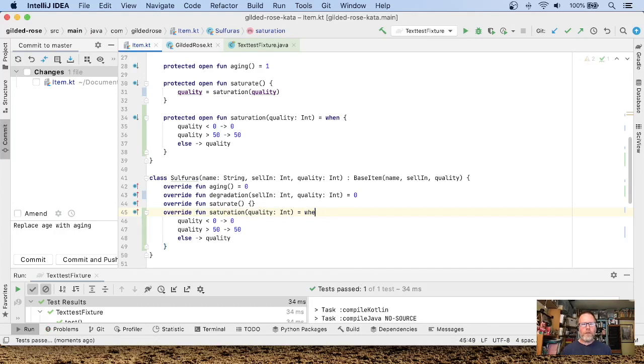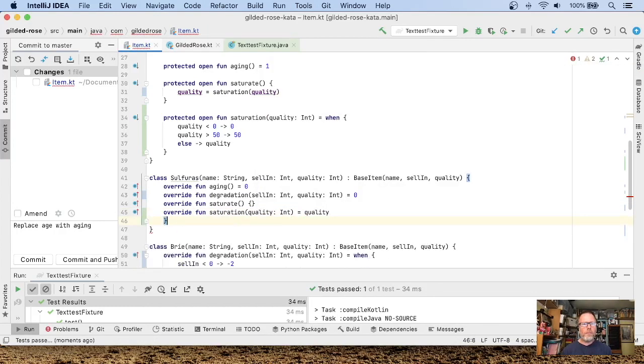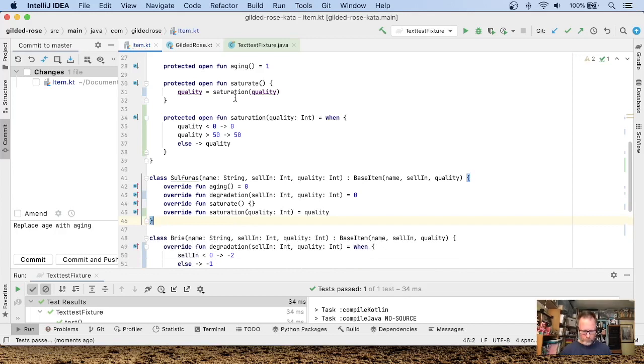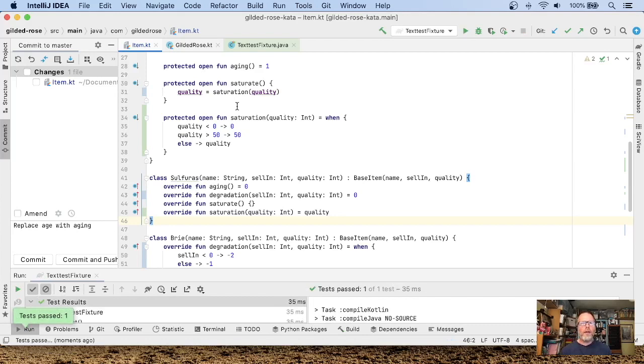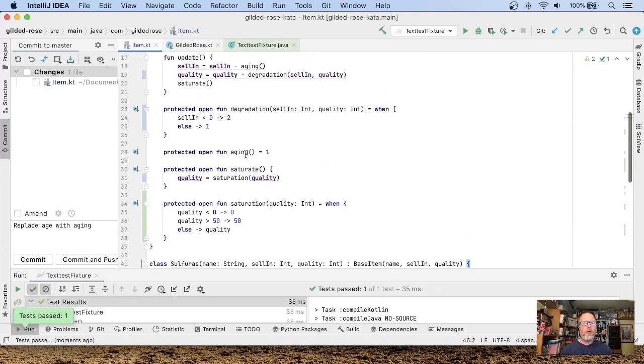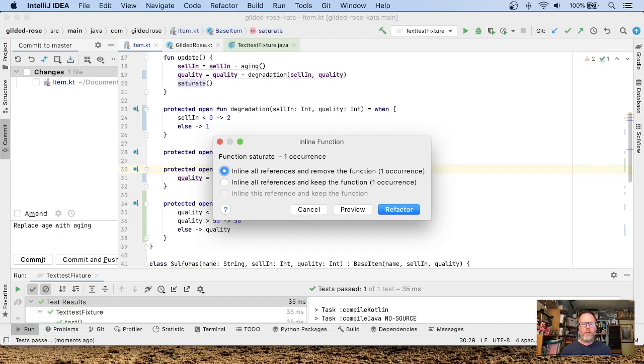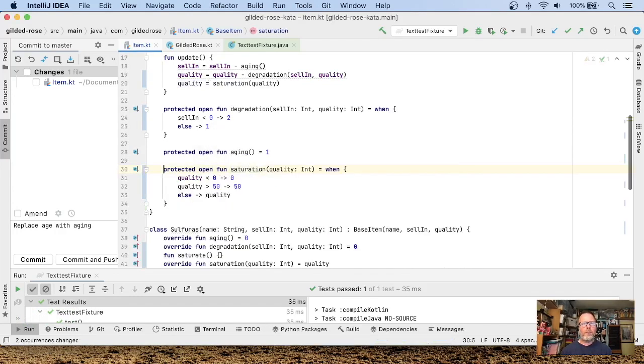It means that the quality just stays the same, so return quality. Okay, check that, still passes the tests, and it does. And now again we can inline saturate so that we can see what that does in place. And now having done that, we can inline again so that here we are mutating the quality and we're mutating